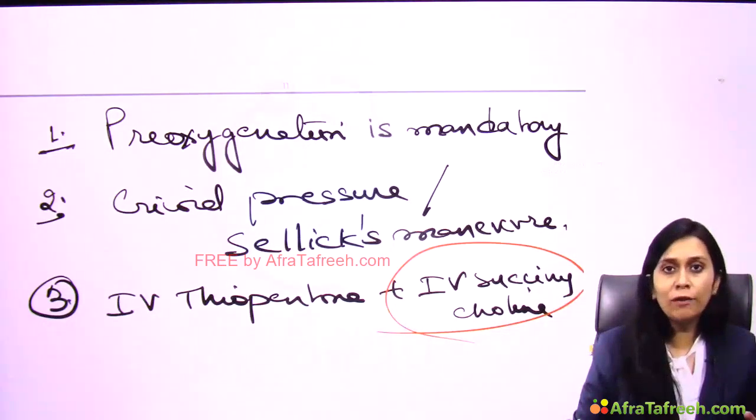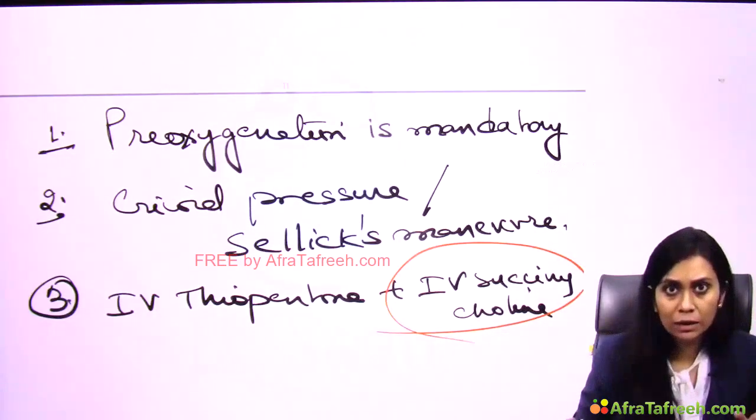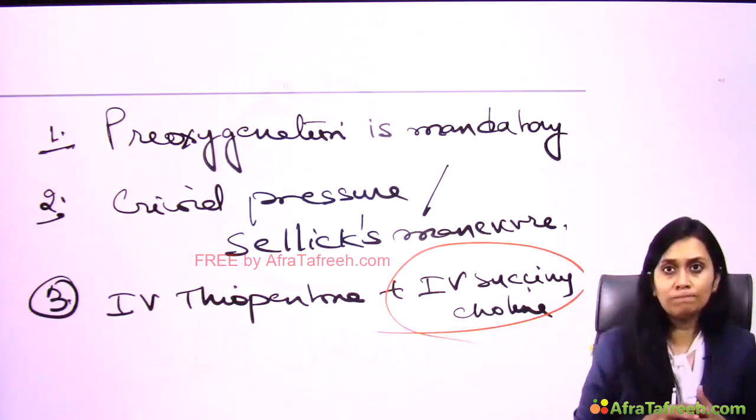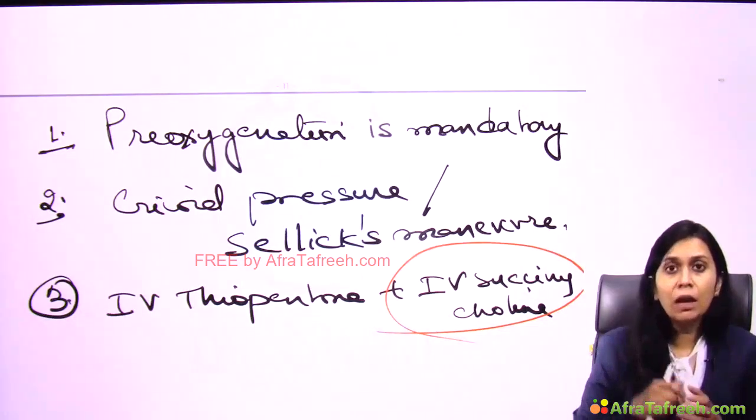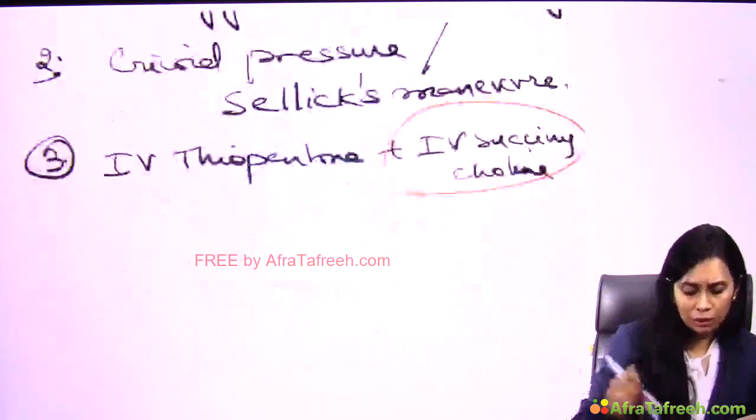I don't want to wait for 4 to 5 minutes, which I would have to wait for other non-depolarizing neuromuscular blockers. Their action comes in 4 to 5 minutes. With succinylcholine, hardly 45 seconds. I want a fast action because I don't have the luxury of bag and mask ventilation. I want to secure the airway as fast as I can. So, succinylcholine. Fourth,